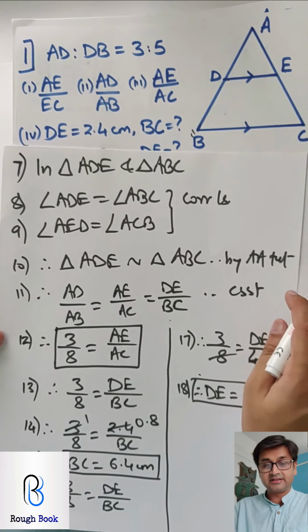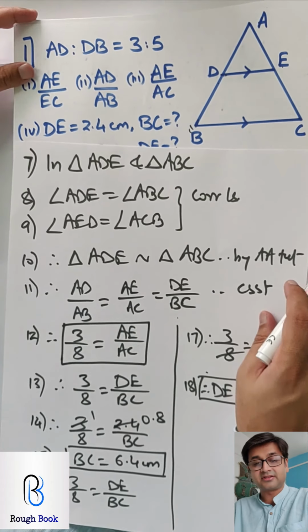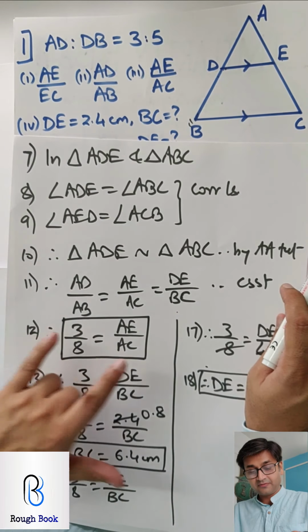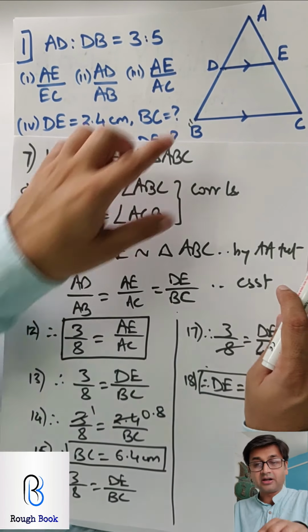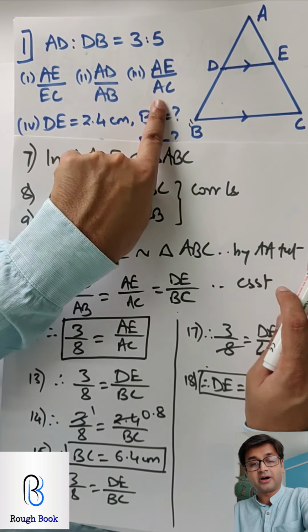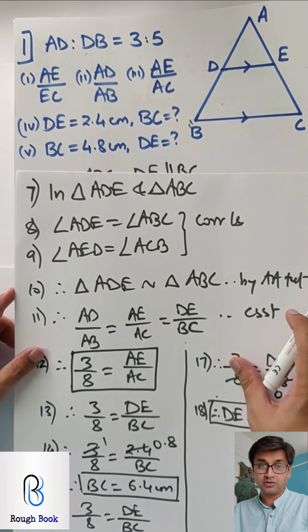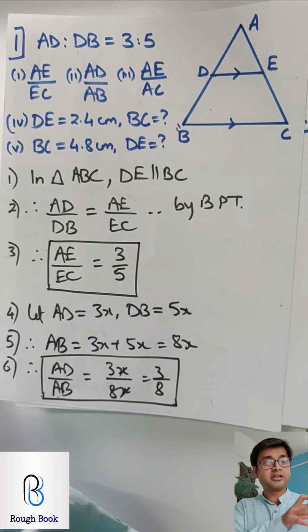So that I get AE/AC, the next part which is asked of me, as 3 by 8. And then for DE/BC, we use these two. So we were smart, we didn't use the X method for this part. We directly took the triangles so that it helps us for these two parts also. Yeah. Let's get on to the next question.